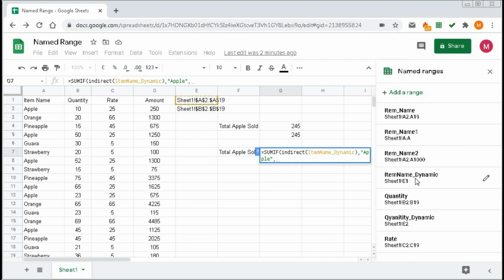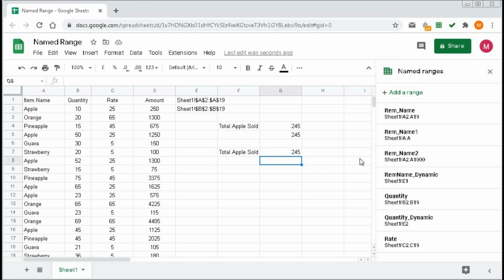This quantity also gives us a text string. So to convert this text string to a range, we have to again use INDIRECT, bracket open, quantity underscore dynamic, bracket close. Now press enter. So we got the same result, 245, as we have seen before.